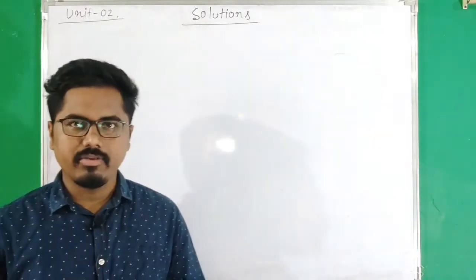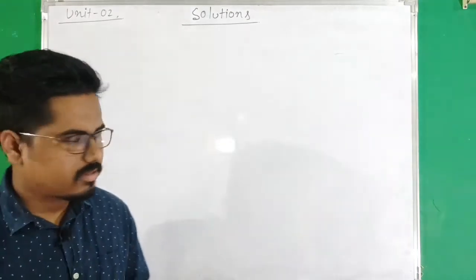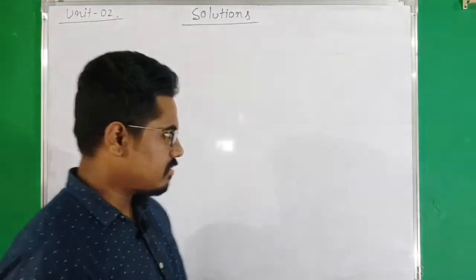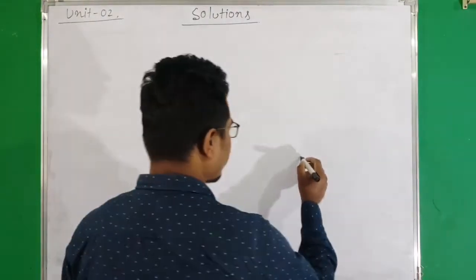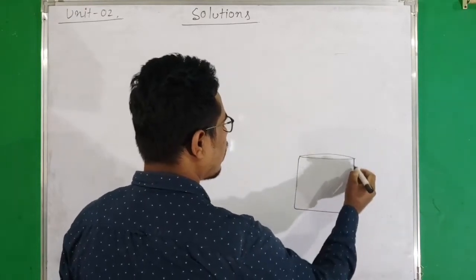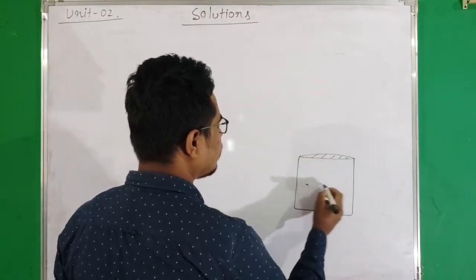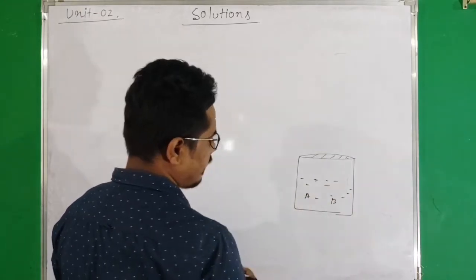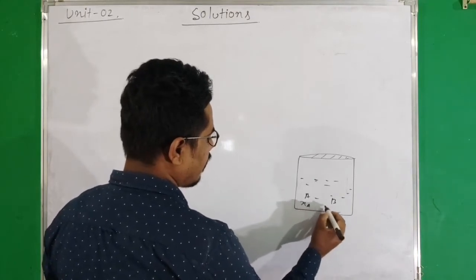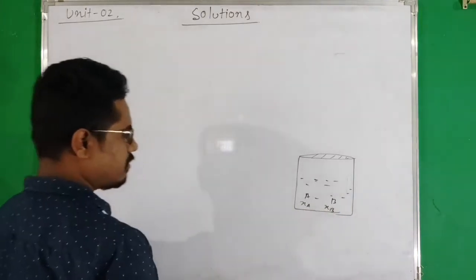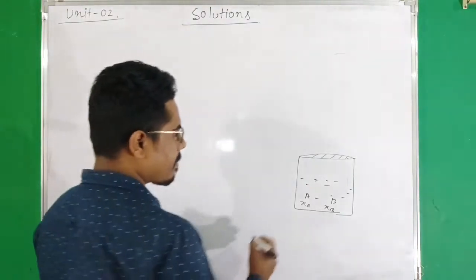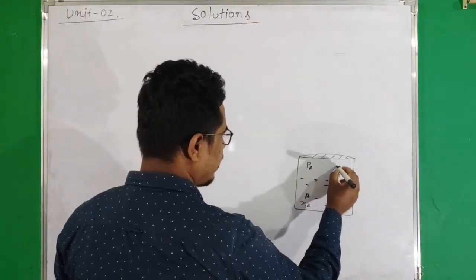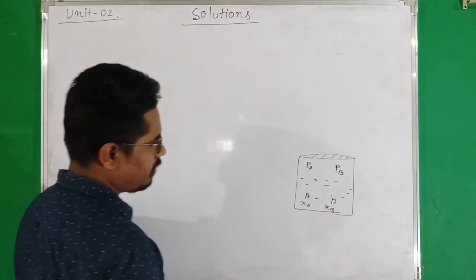Okay? So before going to today's class, we'll take a revision of Raoult's law. According to Raoult's law, when there is a solution having two components, suppose A and B, and their mole fractions are XA and XB in the solution, suppose the partial vapor pressure of A is PA and the partial vapor pressure of B is PB, and according to